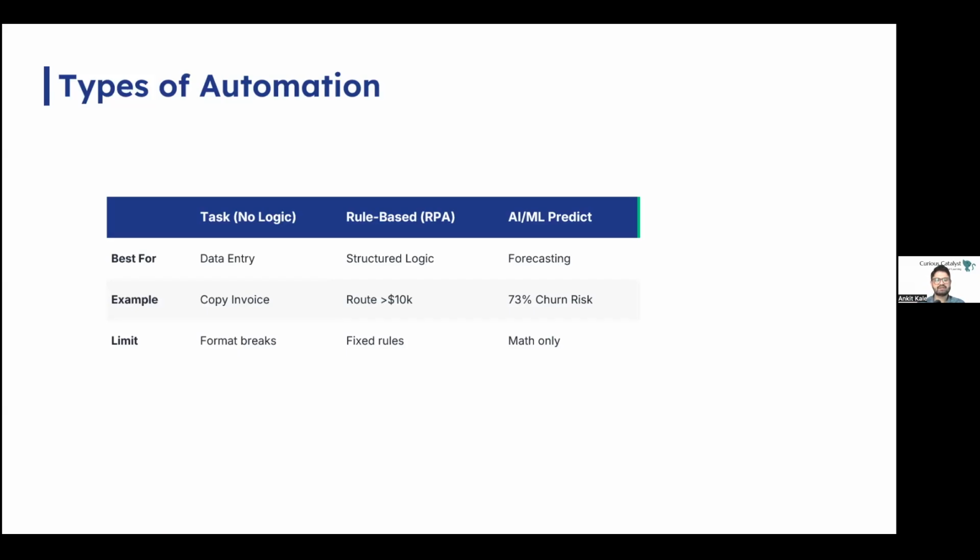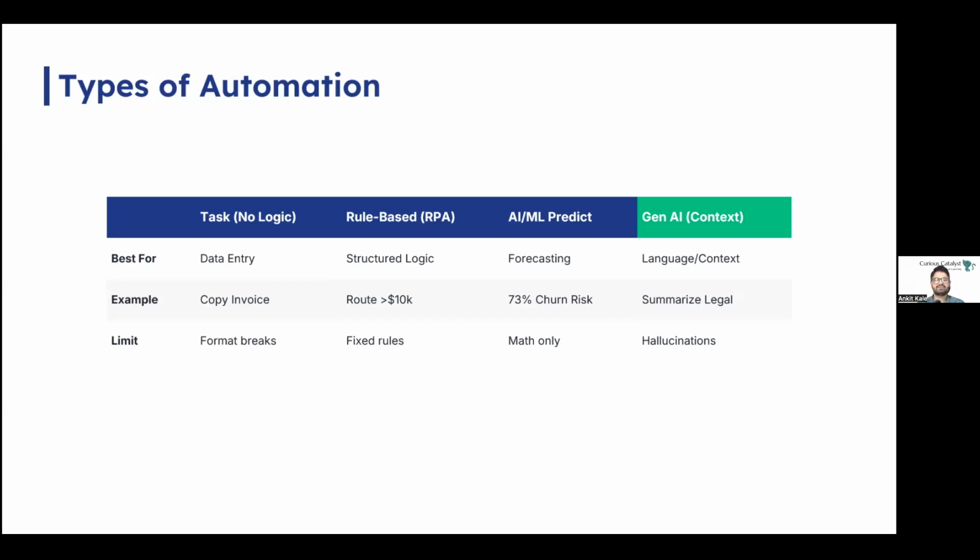And that is where the next automation comes into the picture, which is generative AI automation, or Gen AI automation. This is the newest layer. It understands unstructured text and context. It can read an email like a human would, understand intent and tone, and summarize a contract. It can extract key risks from the document, and it can generate what you ask it for.